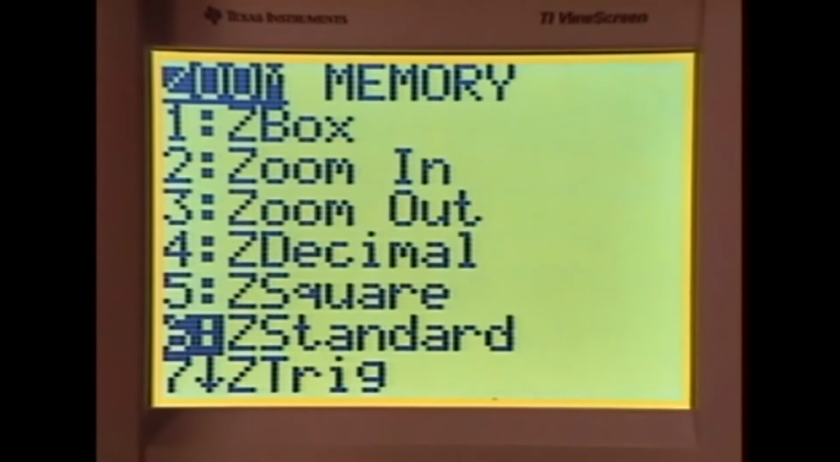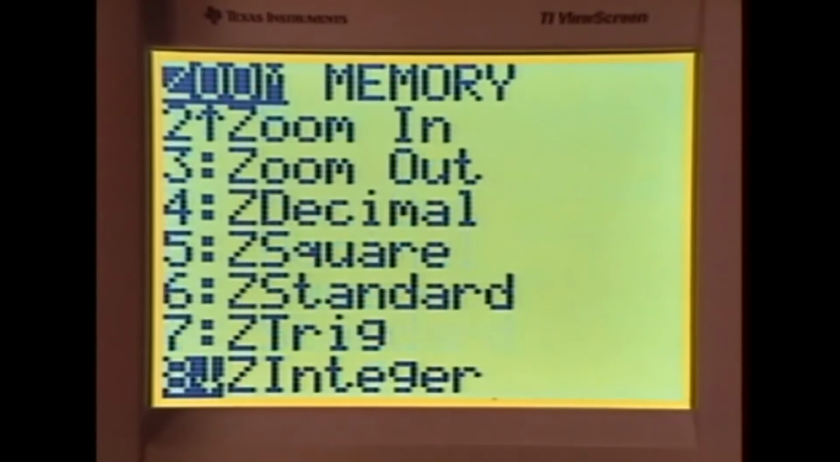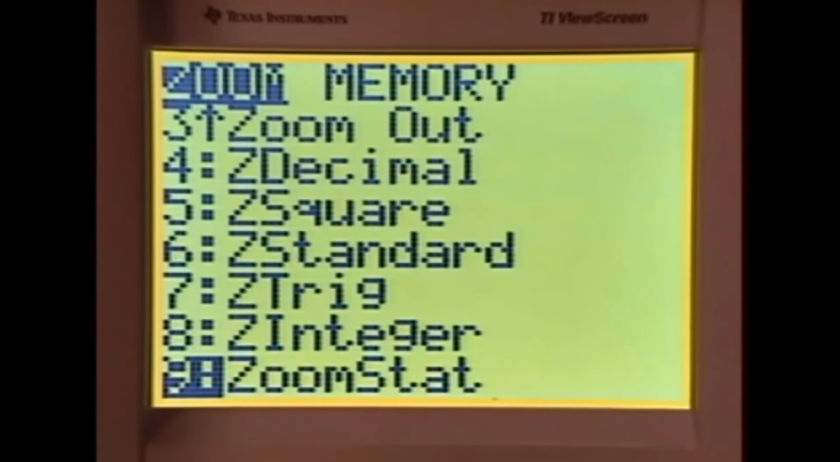Zoom standard, this is what you would push when you would want that window of -10 to 10 on both axes in one push. You would go to zoom, select 6, and then you push enter. And finally, another one that we will look at a lot is the number 9, zoom stat. When we will plot, using the statistical methods they have, data that we will collect, and we'll do this in this lesson and we'll do it in many others, we go to zoom stat, which is number 9 under the